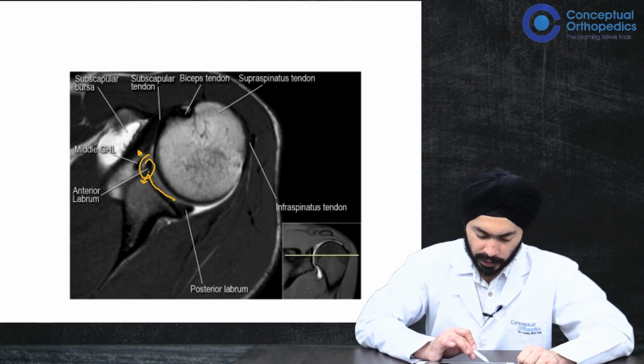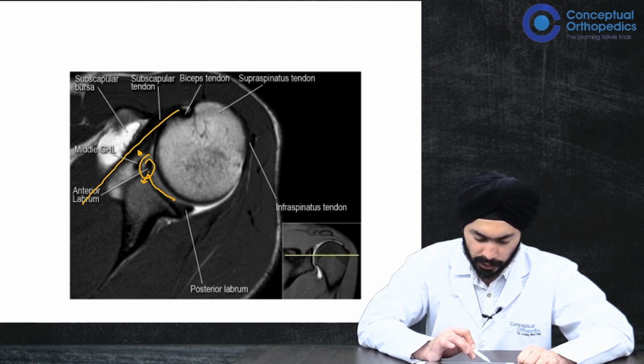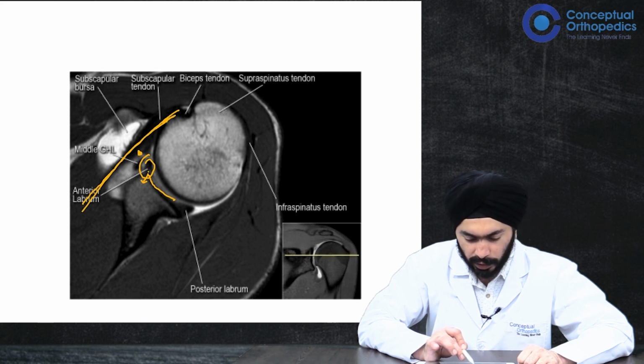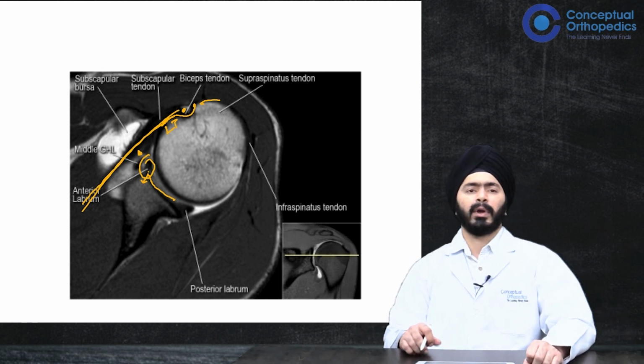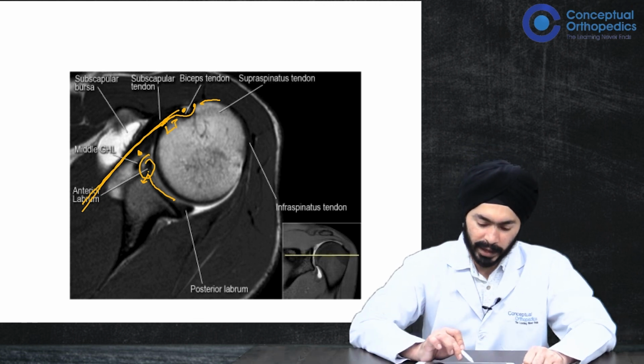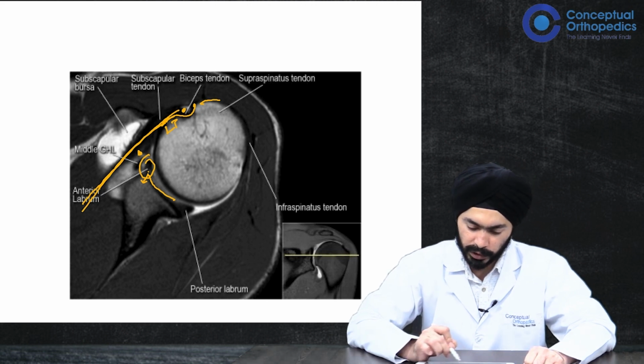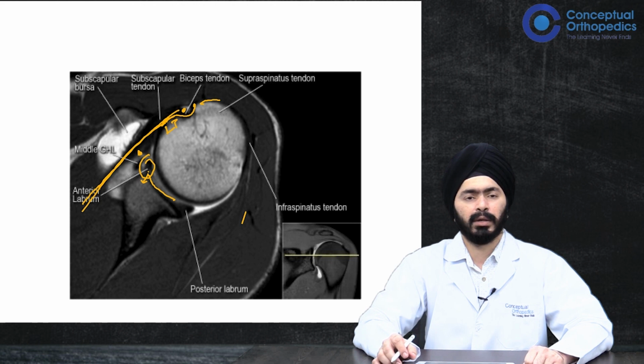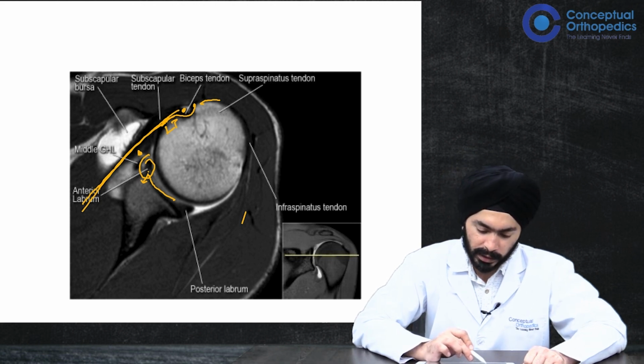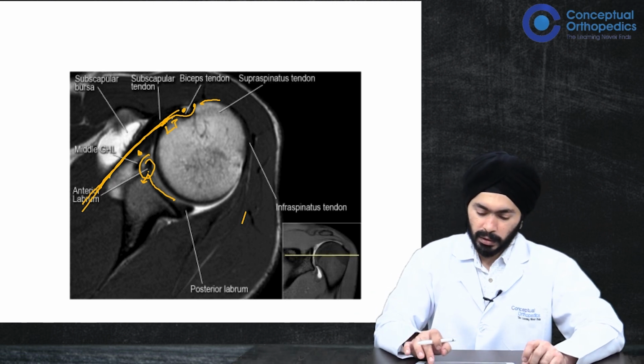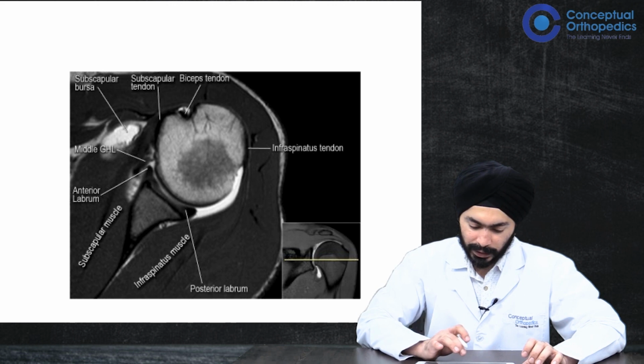Another important structure to see is, when you stop seeing the coracoid, there will be your subscapularis muscle going here, just attaching on the lesser tuberosity. This is my biceps groove, this is my biceps tendon, this is my GT, this is my LT. This muscle is my subscapularis muscle, which is attaching on the lesser tuberosity. Here is my posterior cuff, the supra and the infraspinatus. If there is a tear of the subscapularis, the muscle will be lying somewhere here or here, not attaching on the LT. So this is what you look for in the axial section.